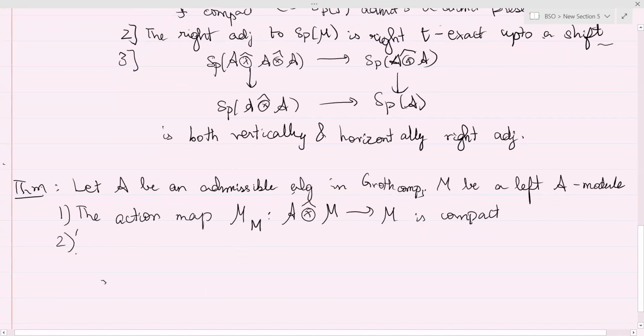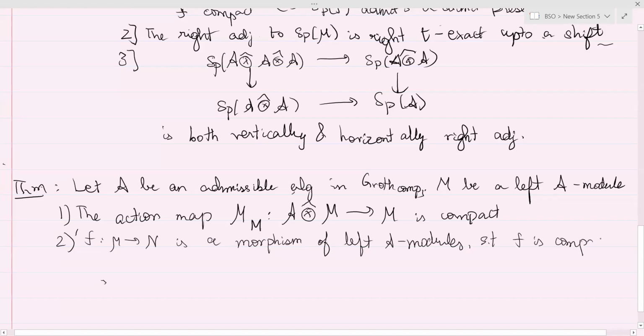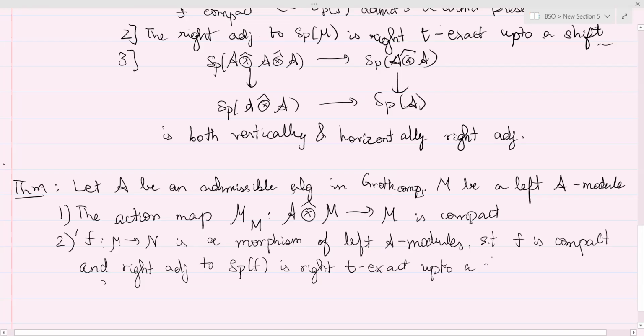And secondly, if F from M to N is a morphism of left A-modules, such that F is compact and the right adjoint to Sp of F is right exact up to a shift. There's a lot of words to write. Then